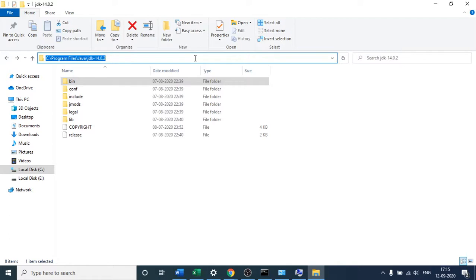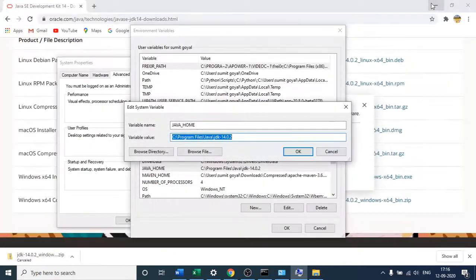The reason why we are setting Java in your system is, actually, what happens when you are trying to write any Selenium code. Suppose we are going to write Selenium code in our Eclipse. Selenium by default does not know where your Java is located in your system. Selenium does not have any knowledge of it.